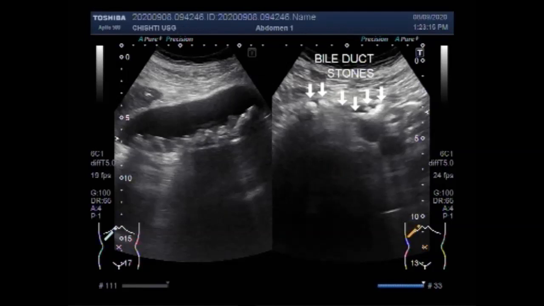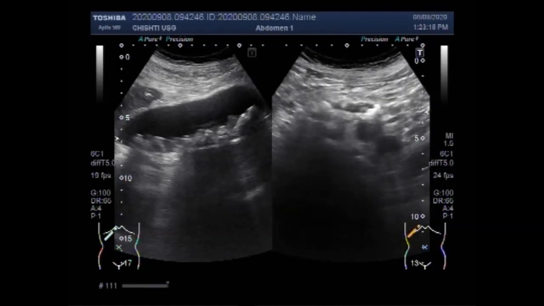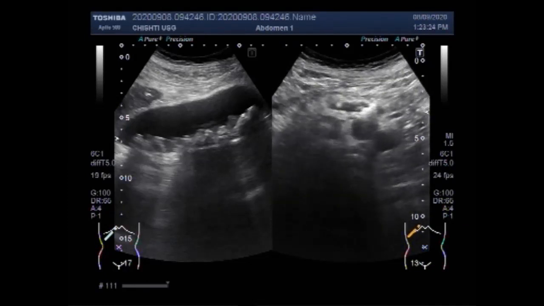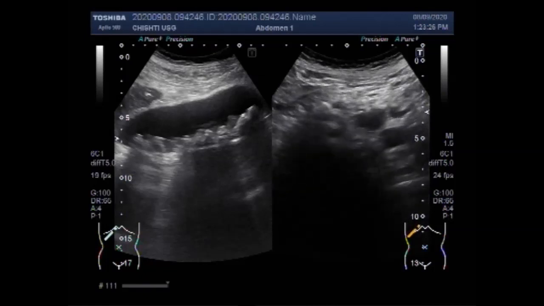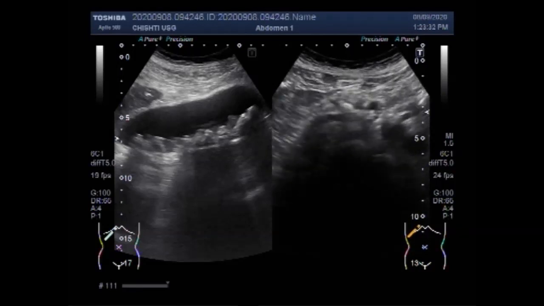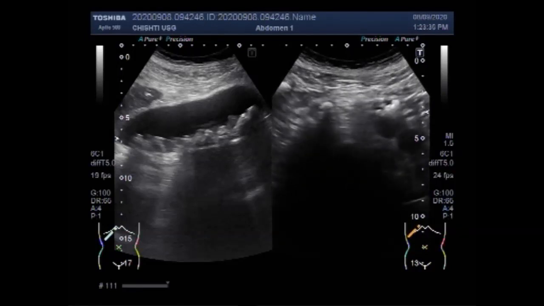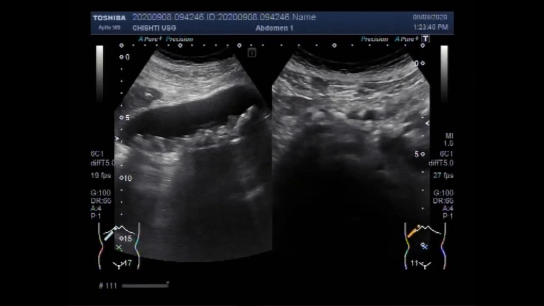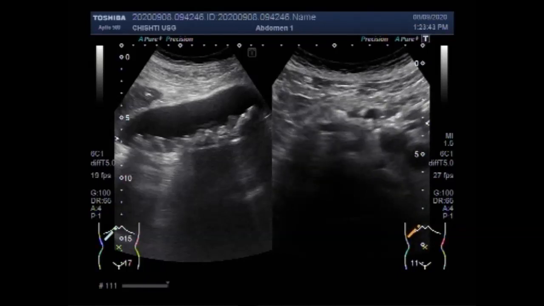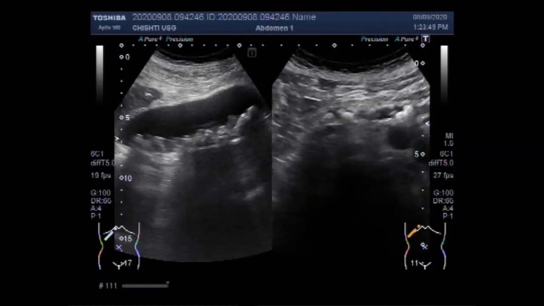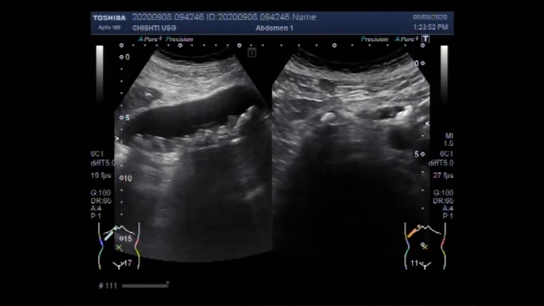This is a rare case. Mostly one or two stones are seen in the bile duct and they are hard to localize. But if the stones are multiple, as in this case, the biliary duct is dilated and the stones are quite easily seen, but it needs a bit of practice. The bile duct localization needs a bit of practice. So you know, practice makes the man perfect.